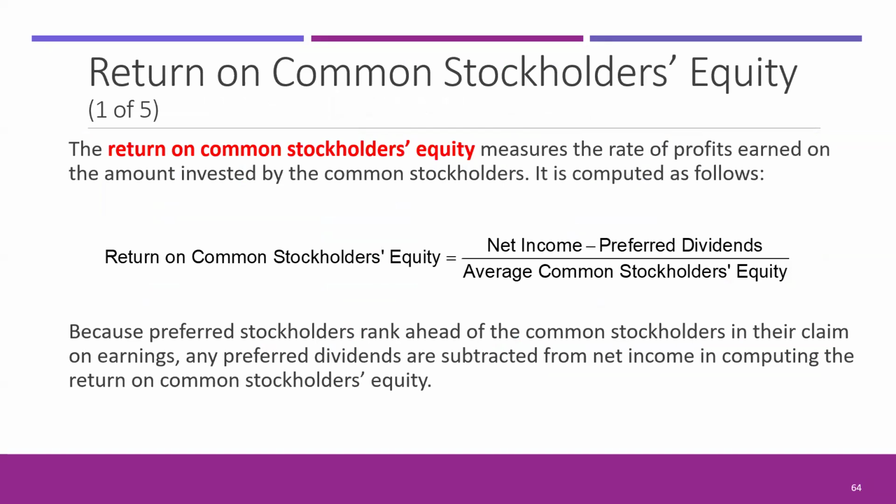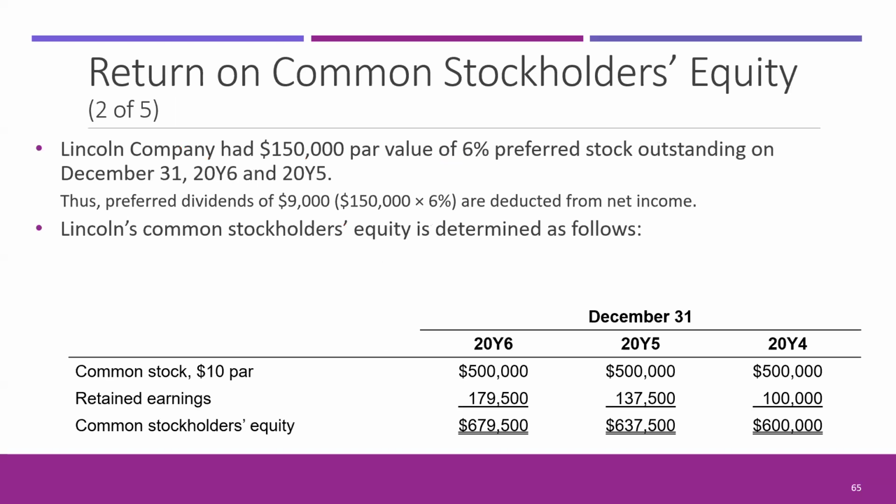And this can either be more or less than the return on total equity, because net income is less because of the preferred dividends, but the denominator is also less. So depending on the effect of both of those, return on common stockholders' equity could be greater or less than the total equity return. However, it's a much better metric for common shareholders and companies with a lot of preferred debt,